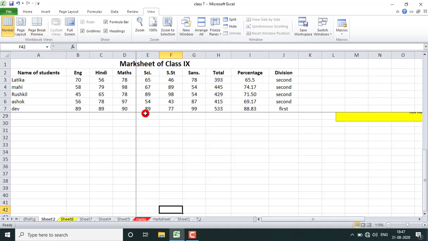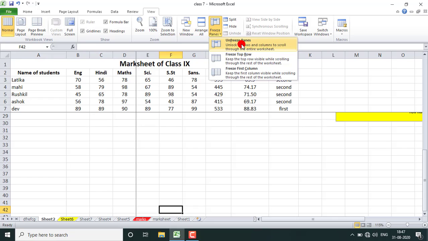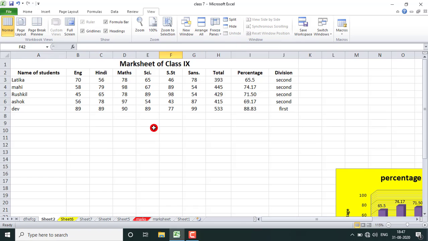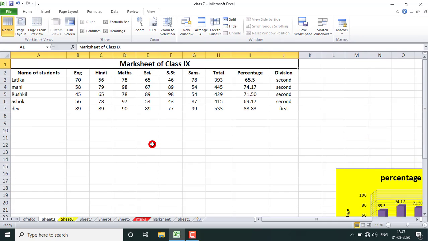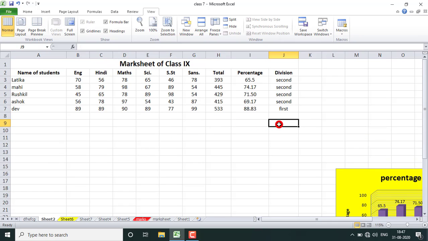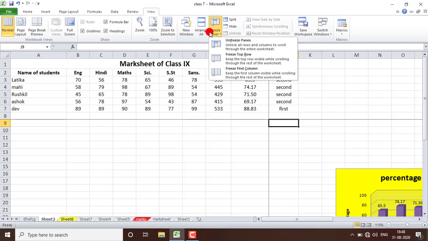Now again, if you want to make your table as it was earlier, if I don't want to use freeze panes, I have to click on this, and now you can see the option Unfreeze. As you click on this, it is simple again. Now if you move downwards, look, it is moving. So in freeze panes, wherever you put your cursor, that area will be frozen. Suppose my cursor is here, and I use this one, now you can see this area is totally frozen, this line. Okay, again unfreeze.